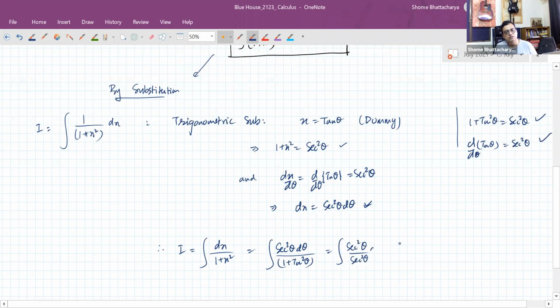So we are just left with this. So that's what makes the integral easy to solve. So this is theta plus c, because now theta is the variable. And now we have to